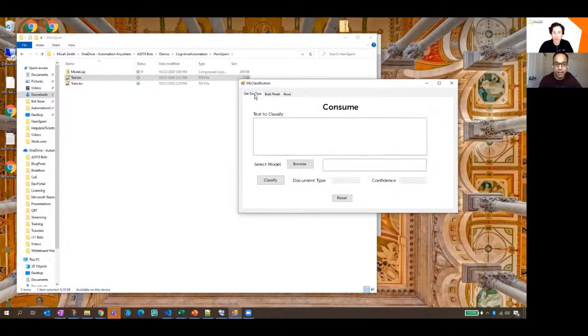Okay, cool. So I'm going to switch to the consume tab, and let's take a look to see how this works. I'm going to put in the location of our model, and that's just going to be model.zip. And again, it's just the same folder right here. And then text to classify. So if we got a text that said,